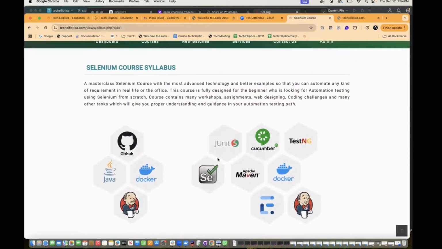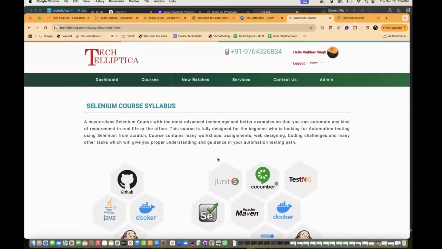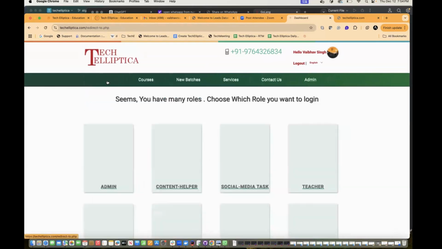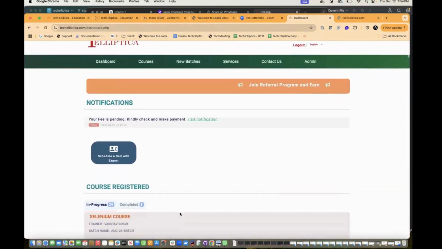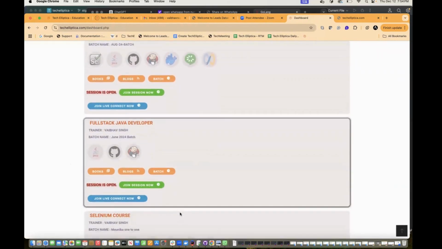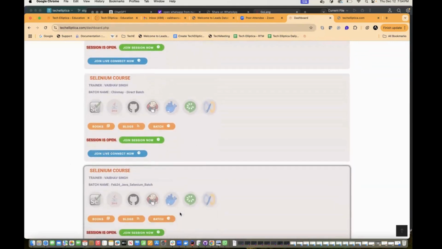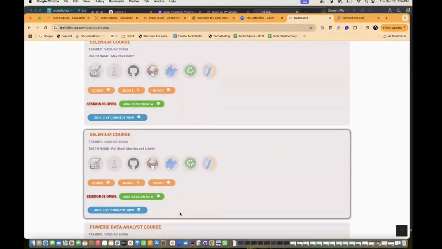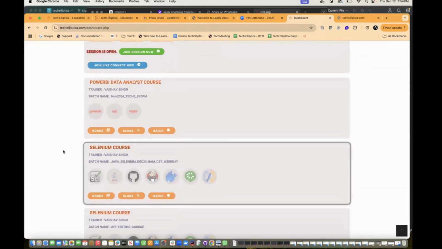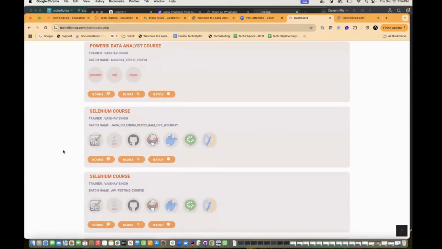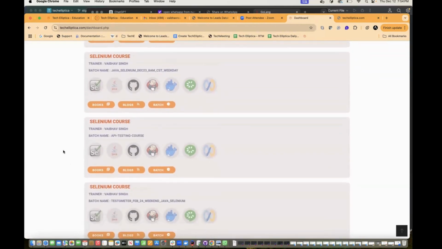I will give you access to the student portal. Let me tell you what this student portal is all about. One moment, I will give you a walkthrough on that as well. It will take 5 minutes max, not more than that. All right, guys, once you register to the course, I mean on this application, then